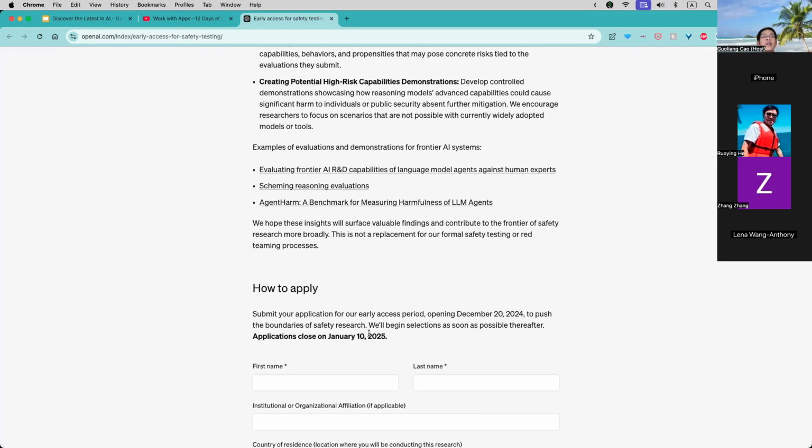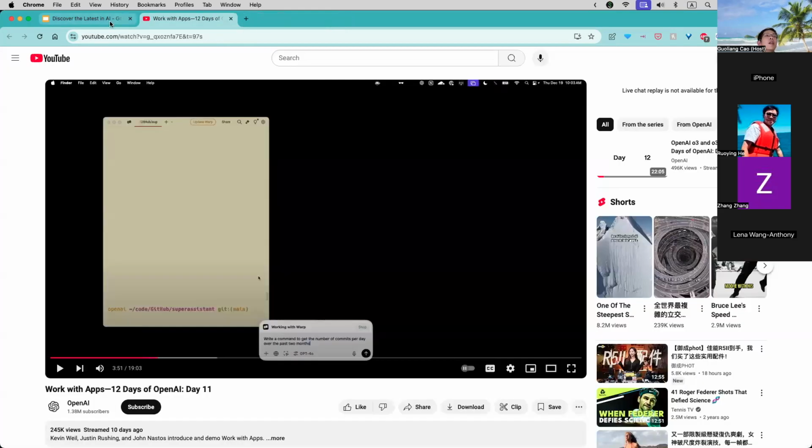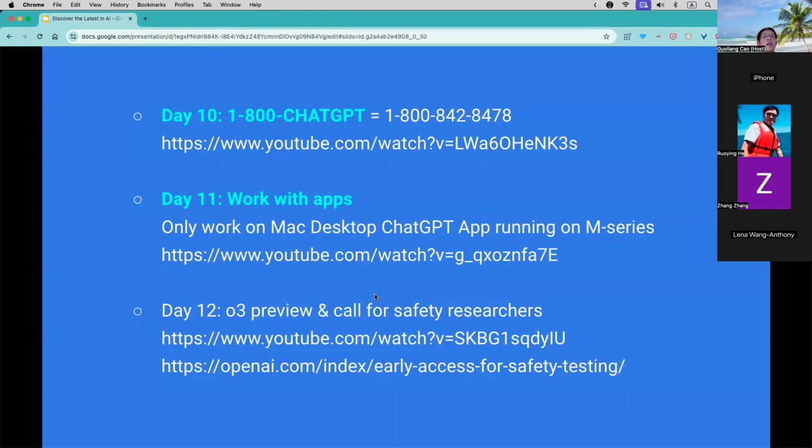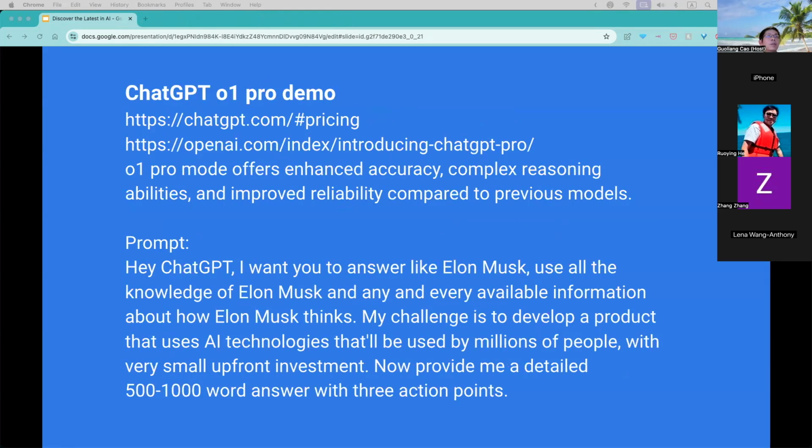So if you are a researcher and you are interested, you go to this website and contact them. I put my information there. I guess I may not get it, but yeah, it doesn't hurt to try.